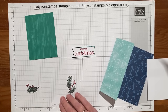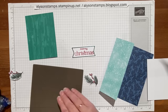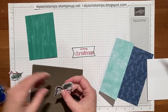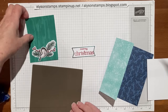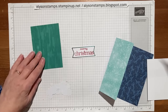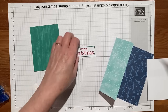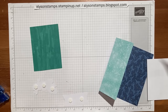So I'm going to put adhesive on the back of him. I'm just bringing my acrylic silicone mat just in case I overflow myself. So I'll put a little strip of adhesive down, and what we'll do is we will get the greenery, I think, as best we can. That looks quite nice. And then what I'm going to do is I'm going to pop some dimensionals, which come in the kit, on the back of here. 1, 2, 3. And while I'm busy, I will just pop a couple of dimensionals on the greeting banner,